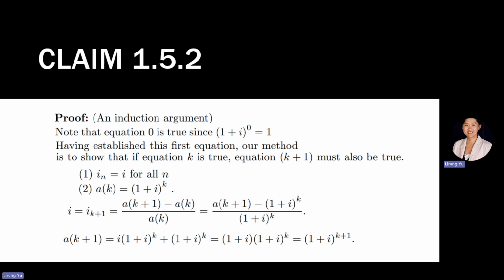K to k+1. Right, so the beginning time is k, the ending time is k+1. Here is k+1, and then k-1. We're assuming that at all the time before k, the interest rate is equal to i. And here we're trying to prove that between k to k+1, the interest rate i_k also equals